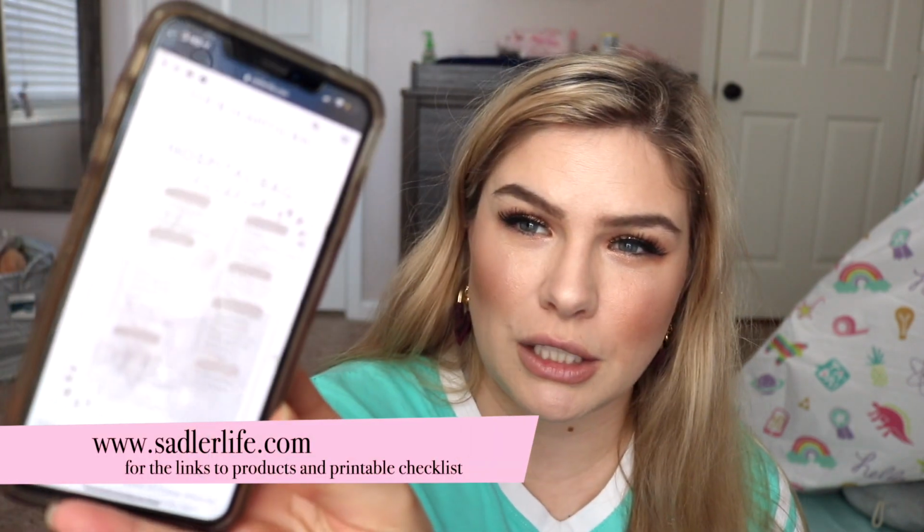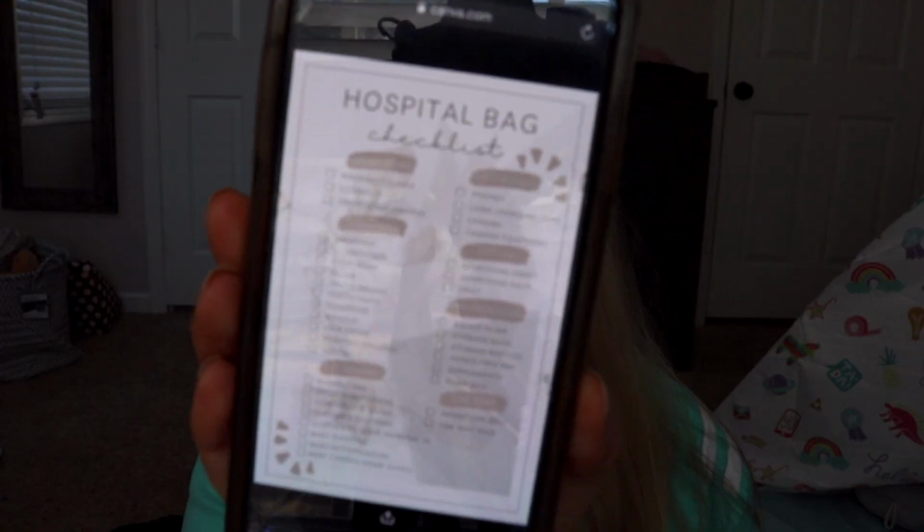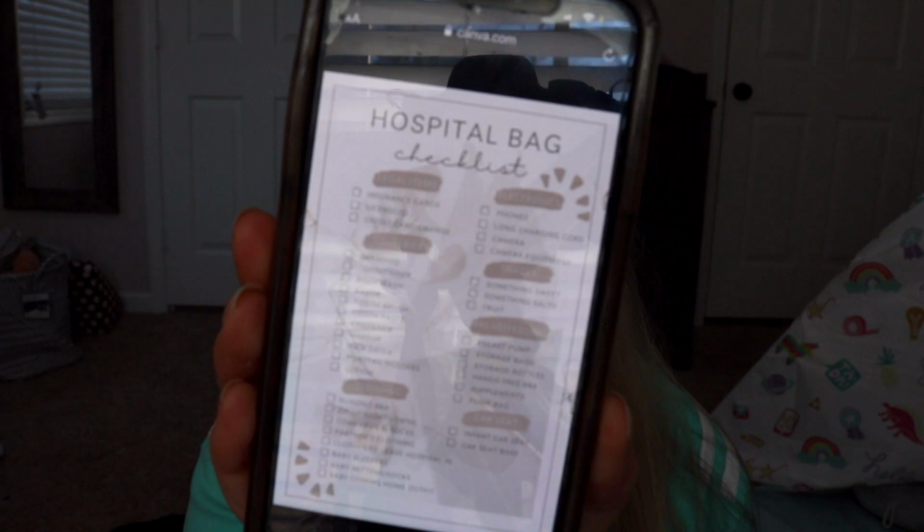So moving along, we're going to start with categories. I've got a whole blog post here that I have written and I'm pretty much just going to be going down it. It is sadlerlife.com and I even give you a little checklist. I'll go ahead and click on it and you can print it off. See my blinds and everything. So that is my little checklist that I have got ready for you. You can click on it and print it off, take it with you, that sort of thing. But I'm just pretty much going to go through it and explain exactly what I mean, from my